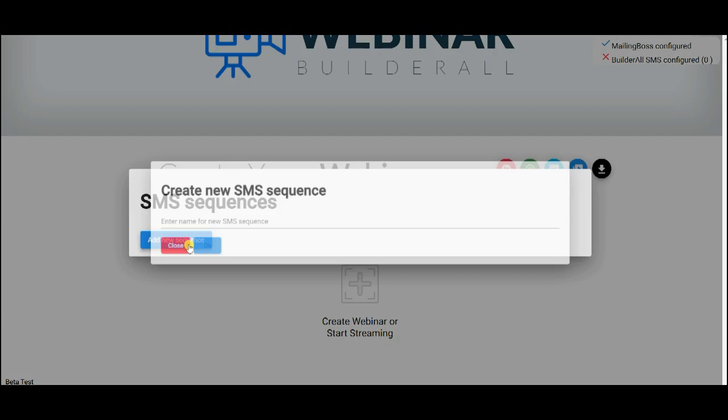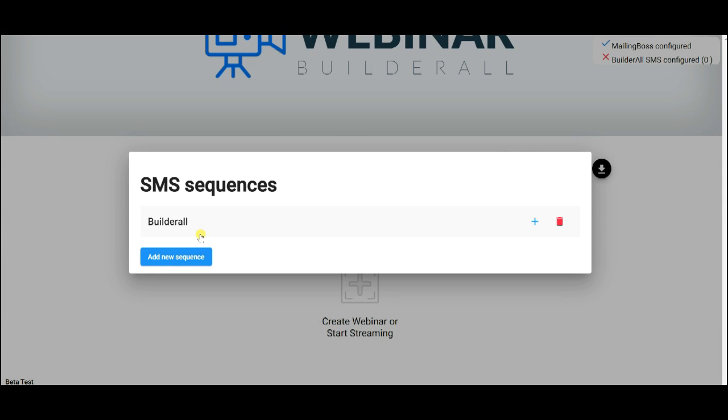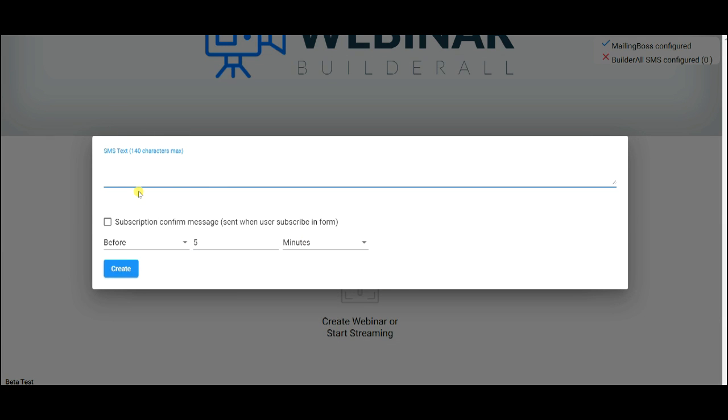You can click on add new sequence. You can give it a name. You're going to say, okay. I'm going to click on the plus sign again. And exactly what we've done previously. Only difference is there's no tags that you would be able to use or a subject line because it is a text. So now you can just say you are in